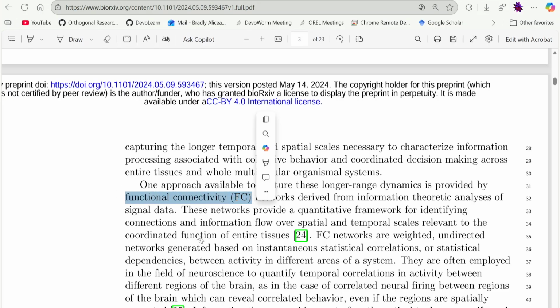So in neuroimaging, functional connectivity is what they use to look at, if they take images of the brain and they have, say, fMRI data where they have voxels, and they take those voxels and look at their activity, and they're able to correlate activity in such a way as to sort of approximate the functional connectivity.